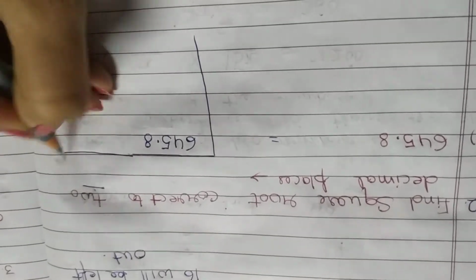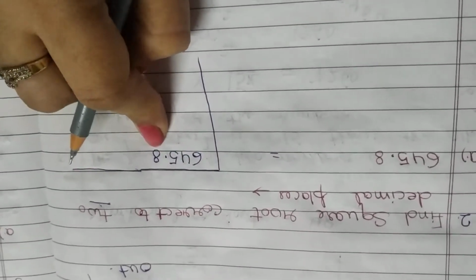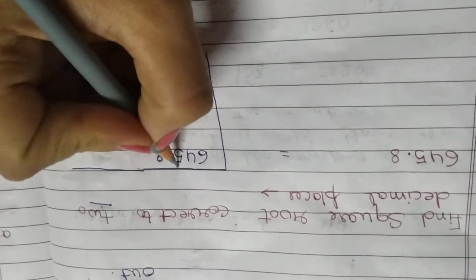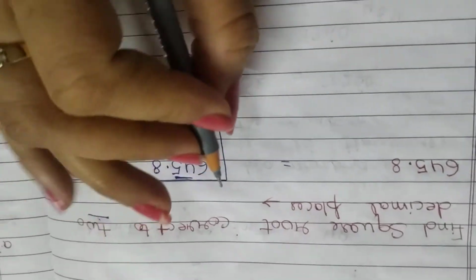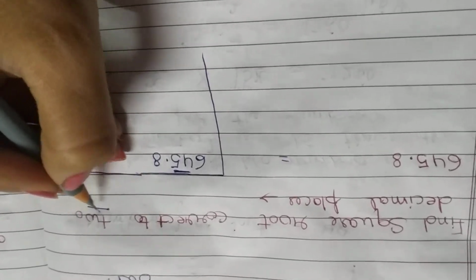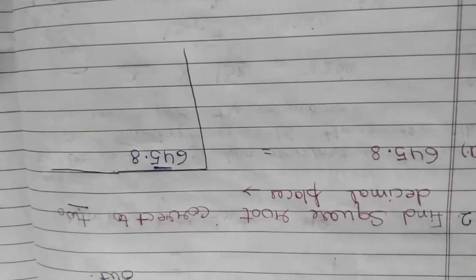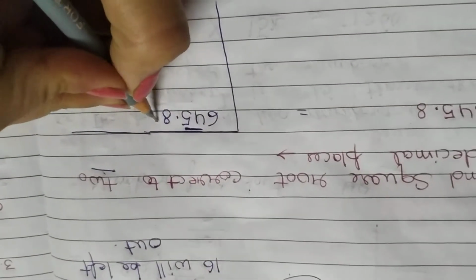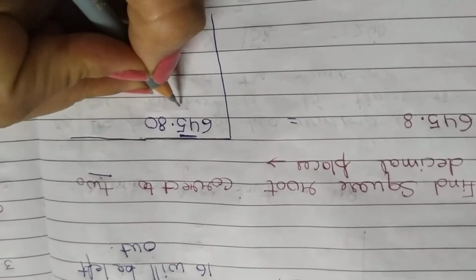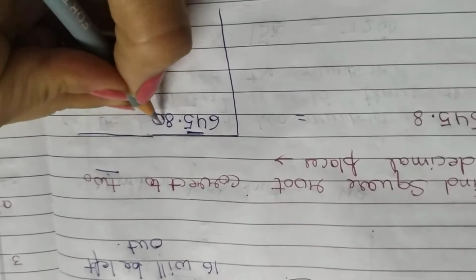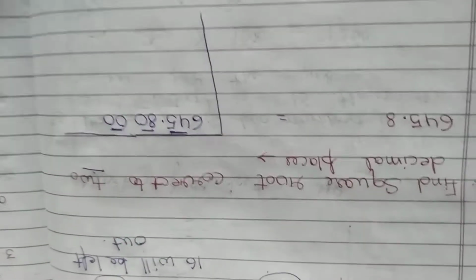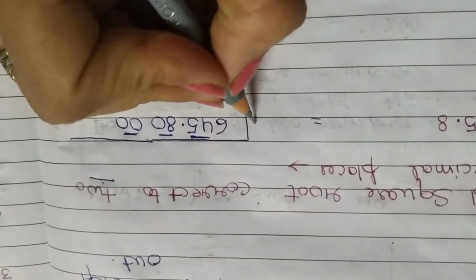So what we will do, firstly, this is the whole number, this is the decimal part, so they are different parts. We'll keep them separately. This is the first pair, this 6 comes single, but here I need to have some more numbers so that I can squeeze the number till two decimal places. So I'll put 0 by my own choice. Why? Because in the decimal part you can put zeros by your choice, right? So this becomes one pair, one more pair, two pairs are more than enough. Then we'll see. Okay, let's start.